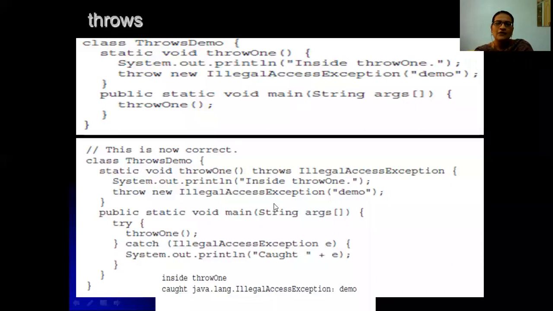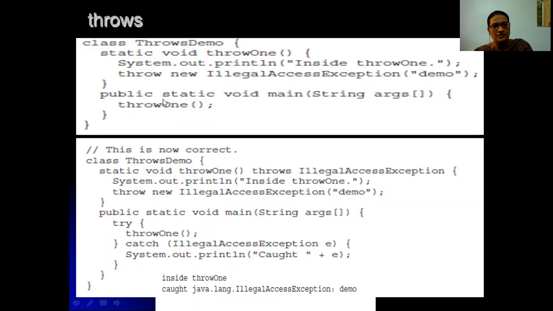And then within the body we have thrown new IllegalAccessException. This is correct. And in order to handle this IllegalAccessException which we have thrown in the throw1 method, we have to use a try catch block.